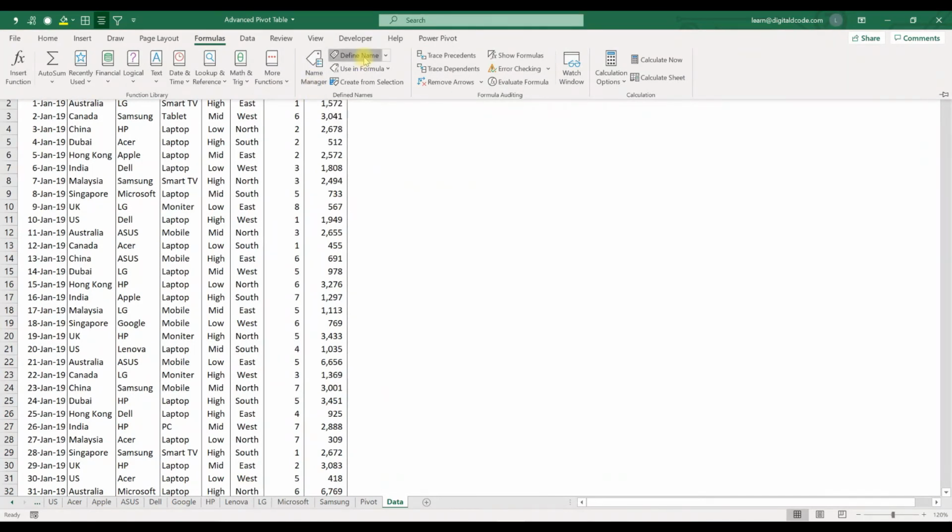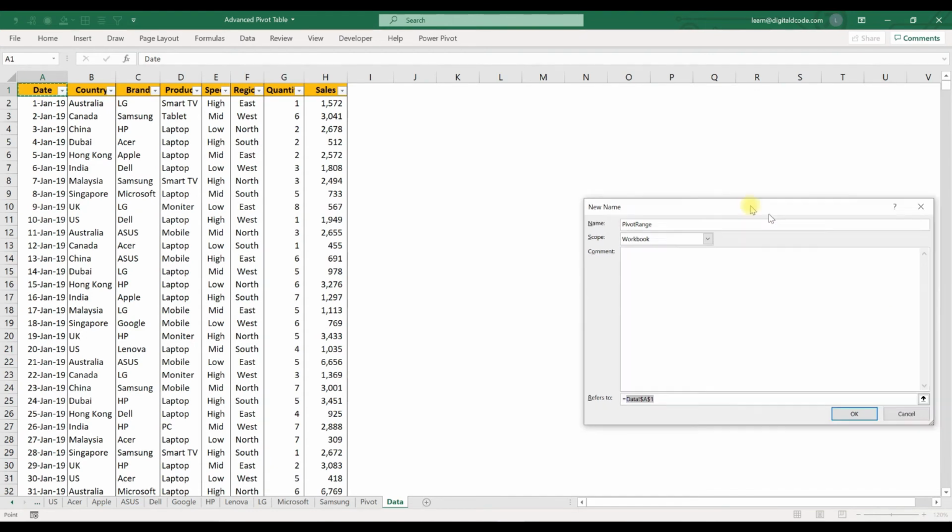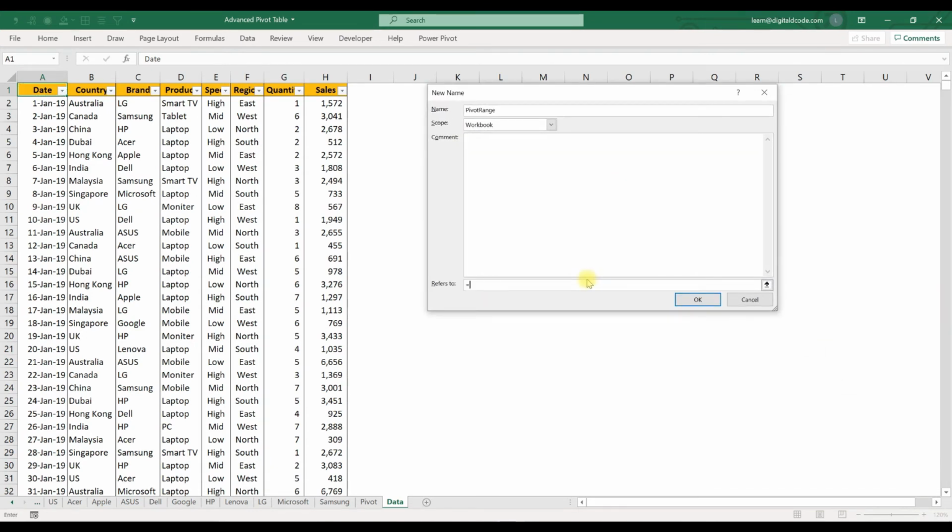So let me go to define name. I'll say pivot range. This is the name which I'm going to give. You can keep the scope for any specific sheet, or you can keep it for the entire workbook. It's always better to use the workbook. Don't make any changes. Expand it. Now OFFSET, my reference is A1, comma, my row number 0, I don't want to move my cursor down, and my column number 0, again I don't want to move my column to the right side, and my total row count,